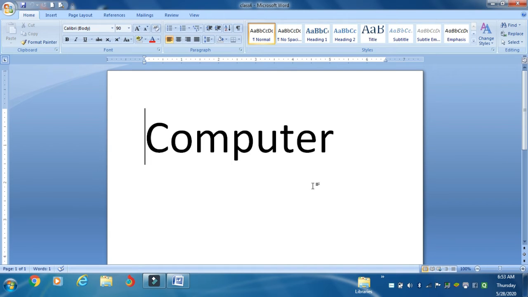So now something I need to add. For adding, you can see the cursor, this is blinking, isn't it? This cursor blinking means that is the starting point. If you type, it will start from that particular location. Now if I want to write something, I have to click the cursor over here. If I need to give a space, I'll click on the space bar. I'll write studies,